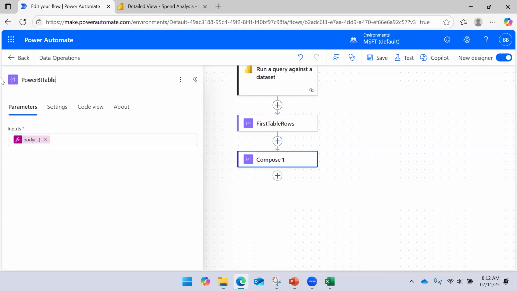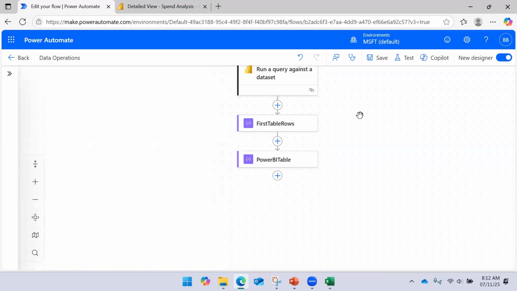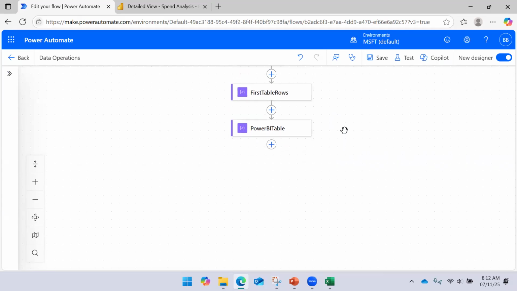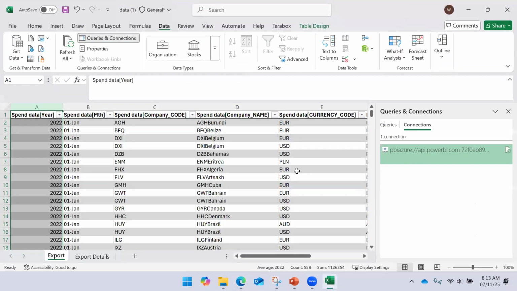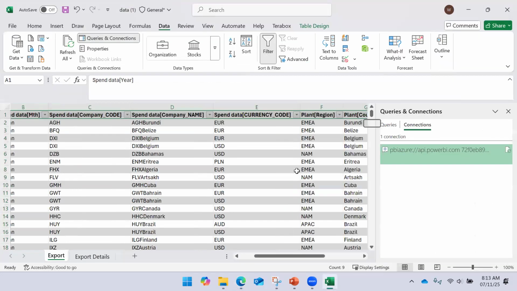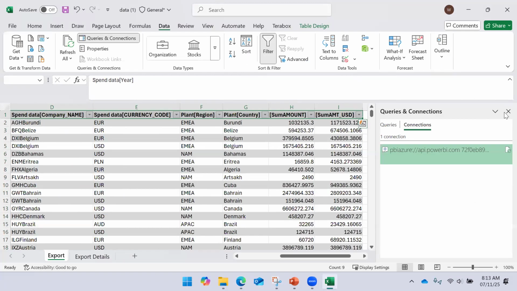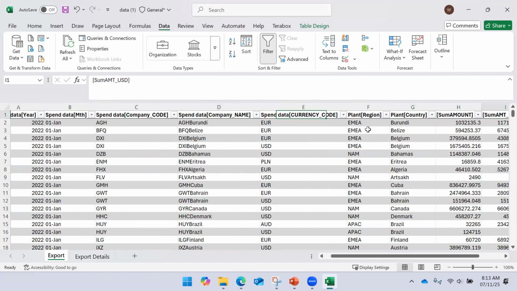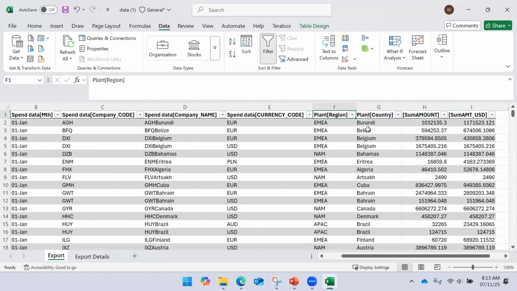Power BI table. Okay, so I'll have these two things. Now my interest is to select a few columns. I don't want this many columns. Here I have 9 columns of data. All right, I don't want to use this much. So what I would like to do is I would like to use